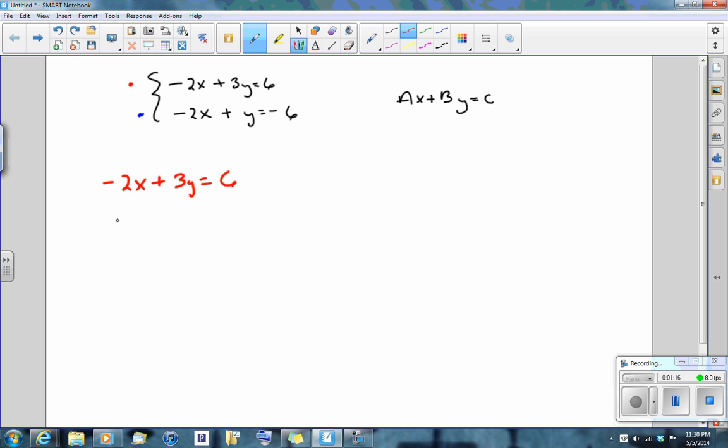So for instance, if I put 0 in for x, the x term has been zeroed out, if you will, and all that you're left with is 3y equals 6. So divide both sides by 3 and you get y equals 2. And then we'll go back, and with the same equation, we're going to put 0 in for y. So the y term is gone now, and we're left with,